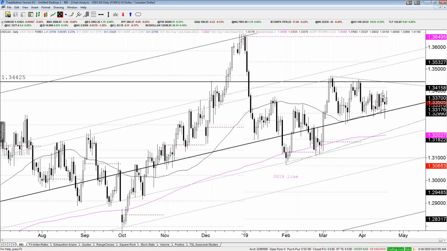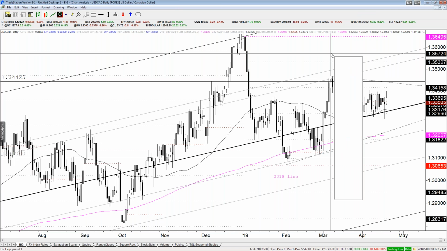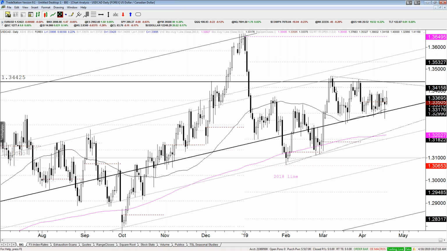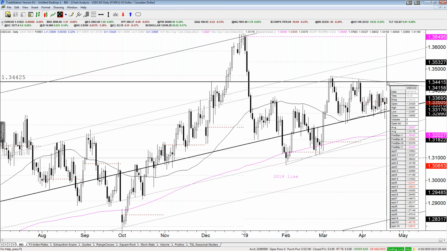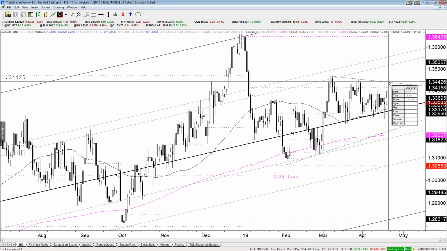continues to simply hold this center line, and this seems to be pretty clear. It's just a triangle from up here, the 3-7 high. So within the triangle right now, you've got a down leg and an up leg. So A, B, a down leg, maybe a C. Triangle resistance, I would put up around 134.40. I do feel as though it's going to be difficult for dollar CAD to break through the top of this range without